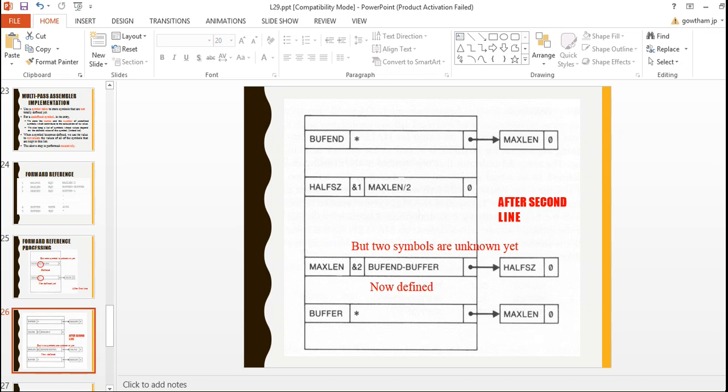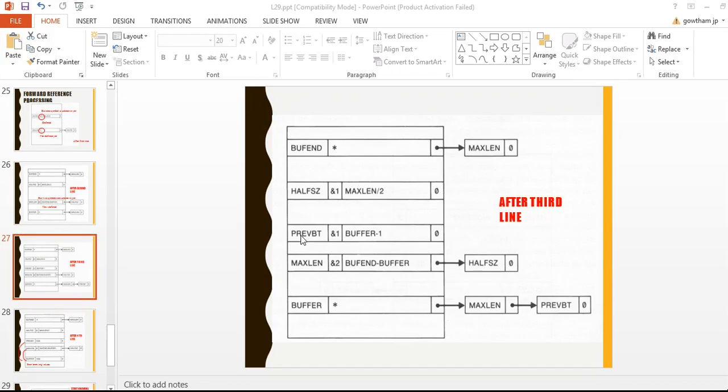Preserve byte depends on buffer minus 1. Buffer is undefined and already entered in the symbol table, so buffer now refers to one more symbol, preserve byte, which is put into the list. Only one symbol depends on it.